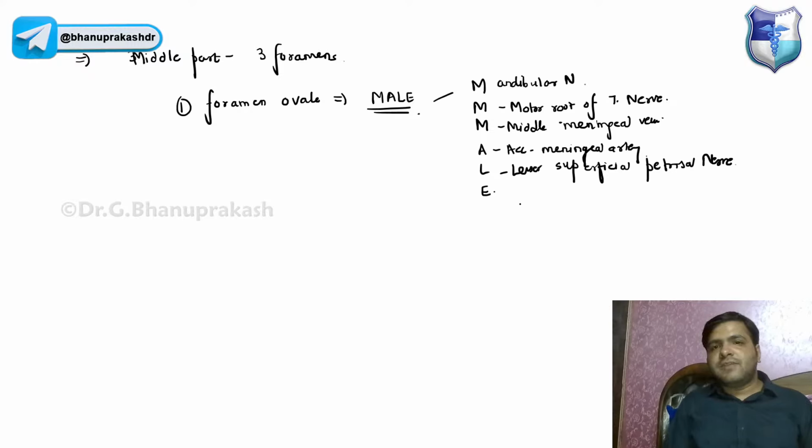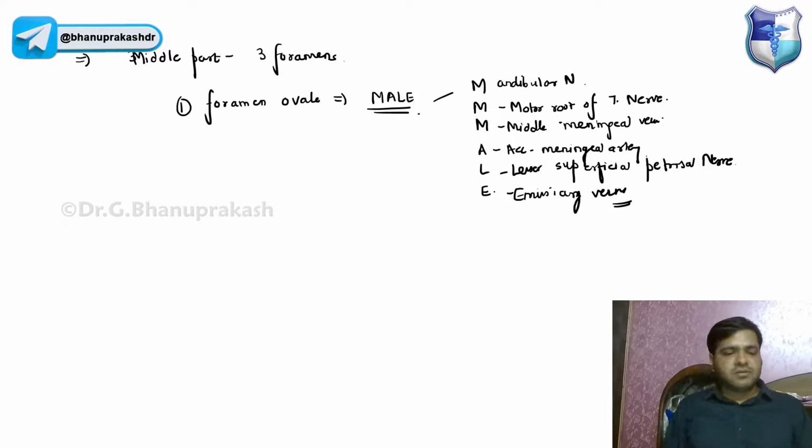Okay, and we have the emissary veins. We have the emissary veins, guys, over here, right? So this is something which is passing through this foramen ovale. The second one, guys, remember,